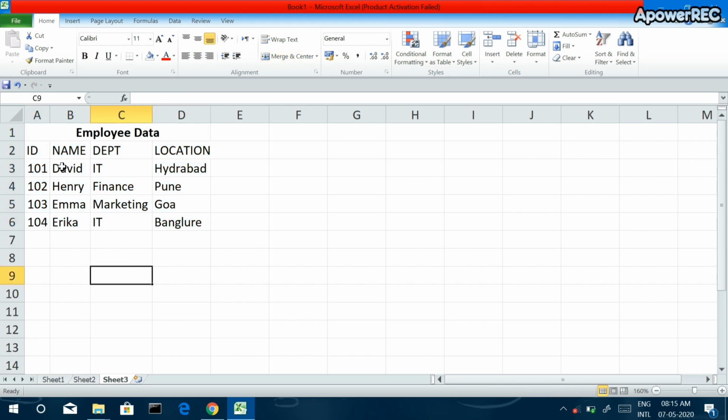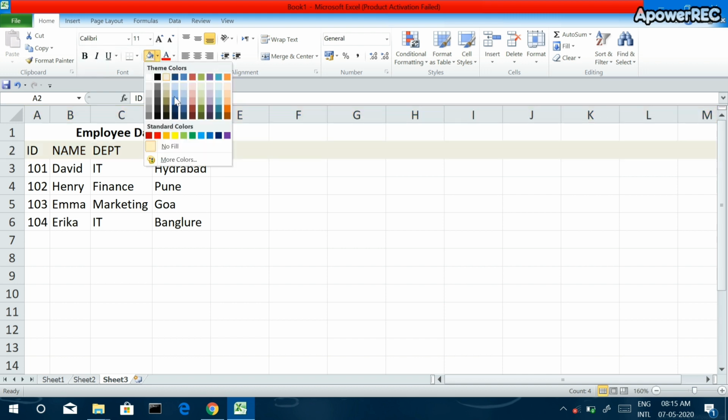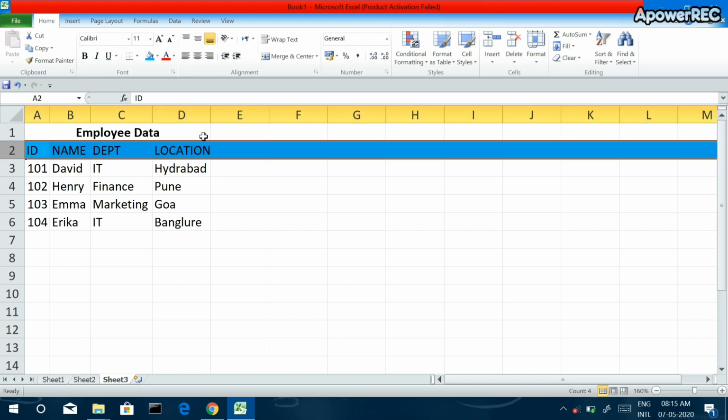So if I want to highlight this complete row, I can simply click on the row number 2 and click on this bucket. It highlighted my complete row. At this point, I hope you are familiar with the names like tab, ribbon, groups, and you also know about the row, column, cells, sheet, workbook, and how to enter data, how to format the data, and how to adjust the widths of columns.